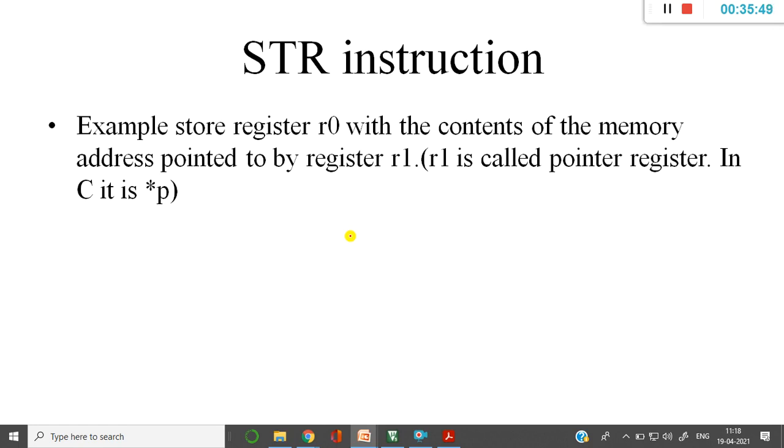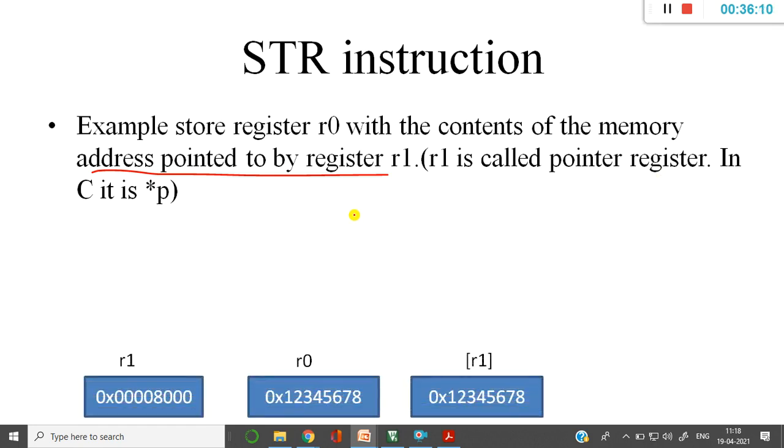Example: to store the register R0 content, the content that is present in R0, I need to store it in the memory pointed to by the address in the register R1. Again, R1 is called a pointer register. Now what is R1?